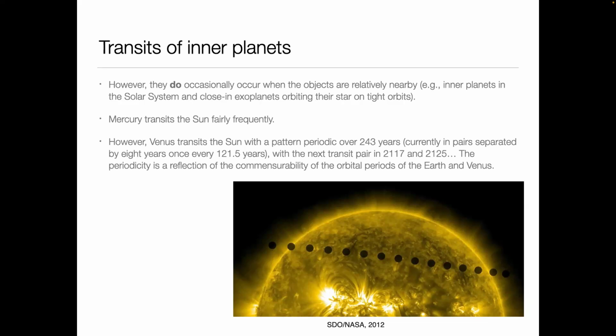And in 2012, the very last transit of Venus that we could plausibly observe, because the next one is 2117. Regardless of how much broccoli you eat, I don't think we'll be around back then. But I think this is kind of spectacular that there was this rare event, in fact, a pair of events, and they were observed very extensively. And back in 2012, I was taking finals. I was an undergraduate student, but I still remember how important that event was.